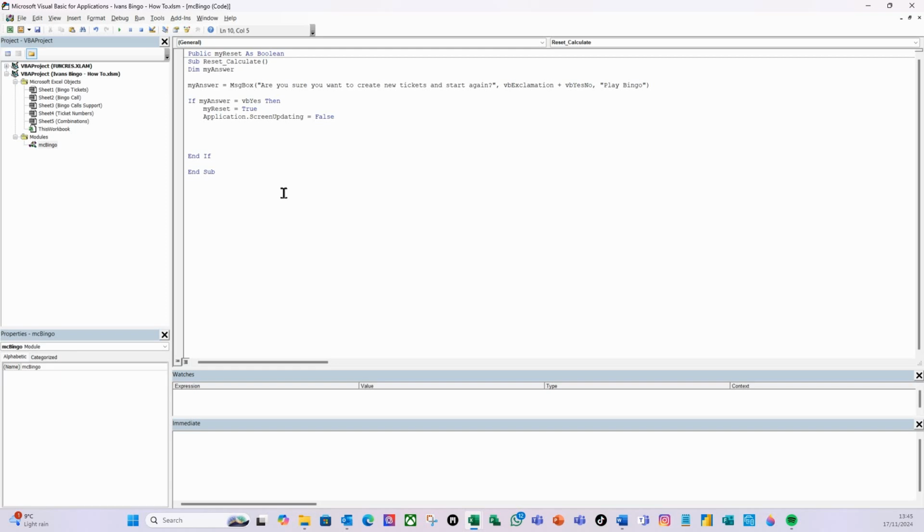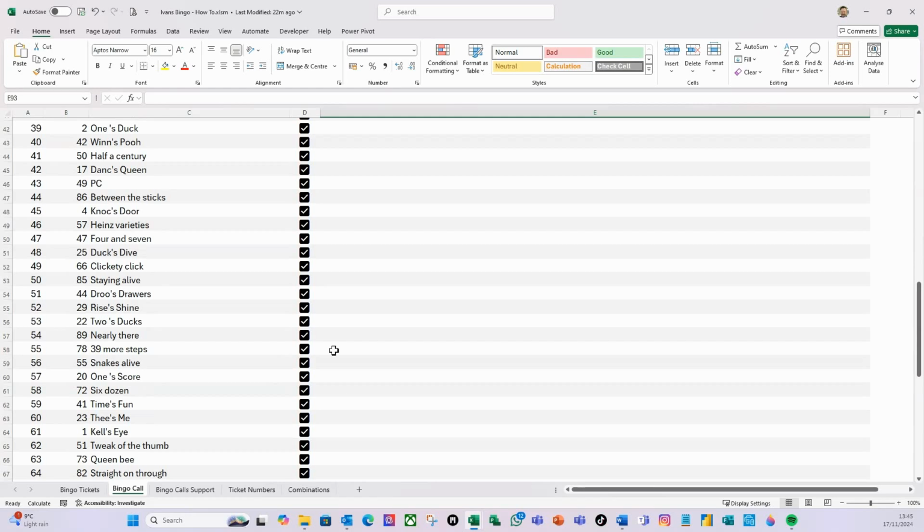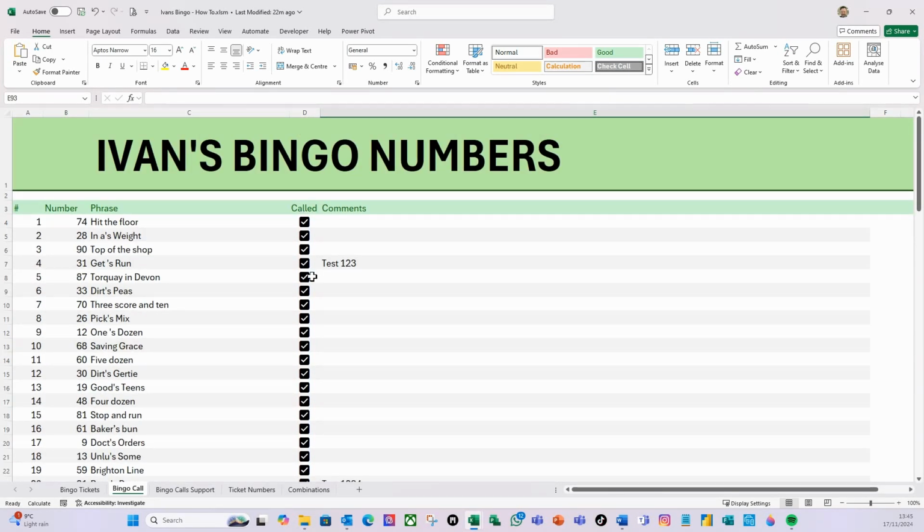Now, what I want to do here is on my range. So if I go to Excel here, from D4 to D93 all the way to the bottom, I want to set all these tick boxes to false. And then from E4 all the way down to E93, I want to get rid of any comments. So I want to clear the contents. So the way that I'm going to do that, I go back to my code. So right click view code,